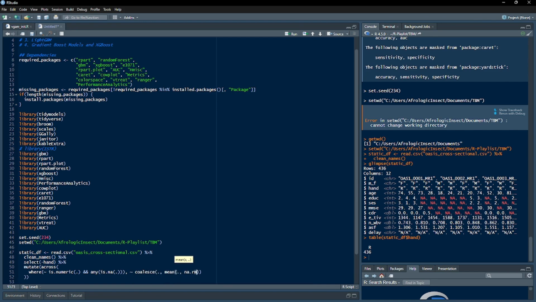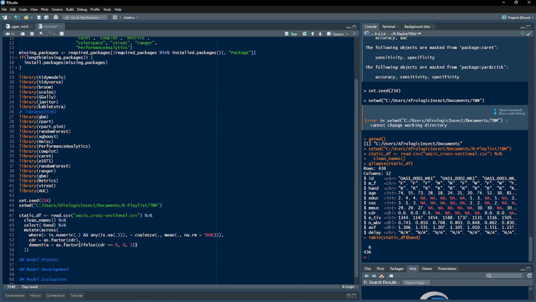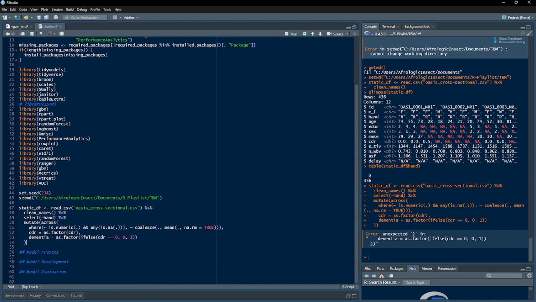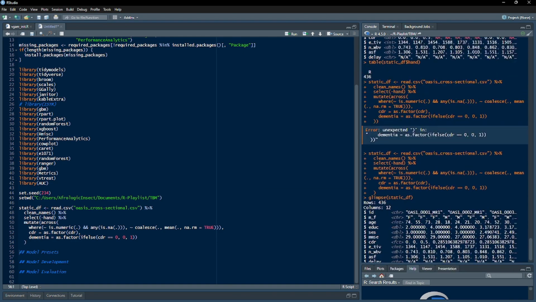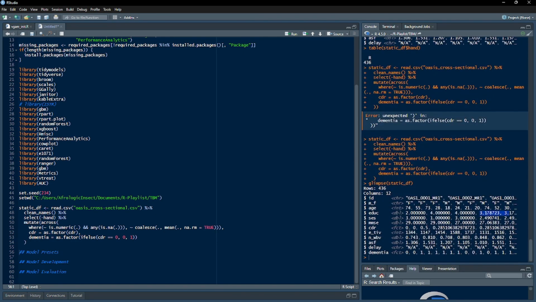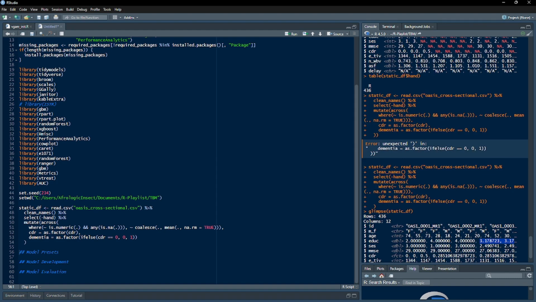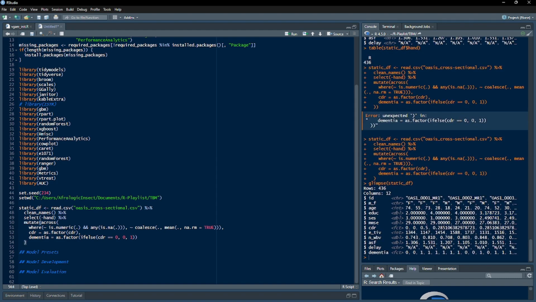And then we're going to handle missing values by replacing them with the average value in that variable. So that's what we're passing there. And we're turning our CDR into a factor variable and generating a new variable called dementia. Where the CDR value is 0, then dementia is absence. Any value above 0 is 1, indicating that dementia is present. All right, so